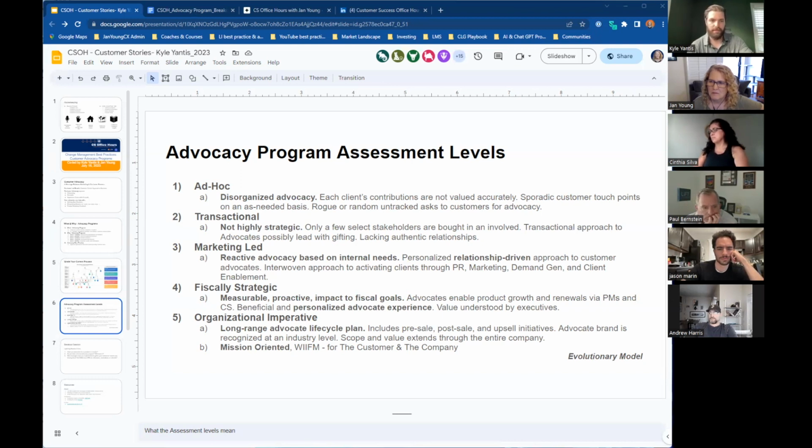What new markets am I going after? And they're trying to churn out content to displace the need for live reference calls. And so a lot of that level of advocacy is sort of reactive to internal needs that are very short term.